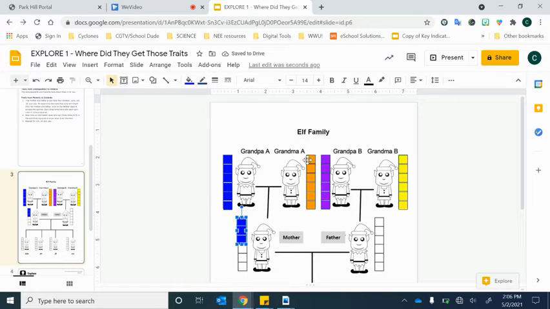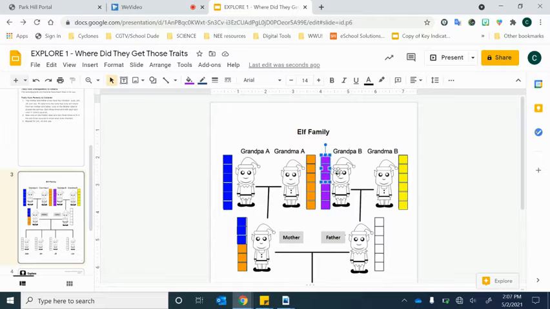And then we've got half from her mom here. Control C, Control V, and move it on down here. So you can see that of her parents, she received half of their traits from each. So we've got blue and orange over here for the father, or well, I'll say the father in a second, but this is